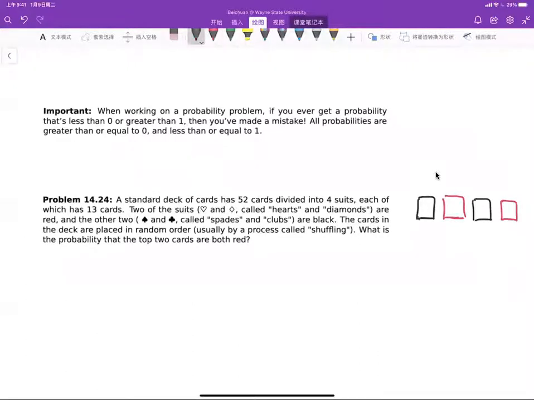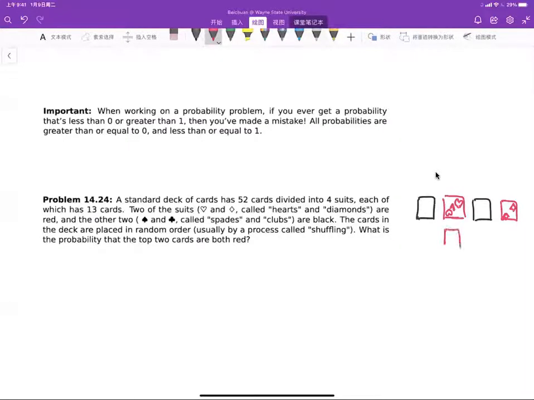And so the 2 red cards are called, so one of them is called hearts. So it's like this. There's a heart on the corner, or 2 or 3 or 4 corners, whatever, like this. And the other red card is called diamonds. So it's like this. And each suit contains 13 cards. So this is the heart